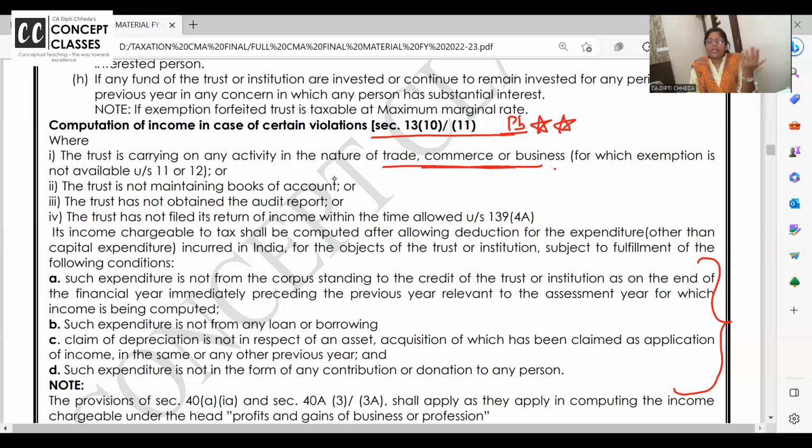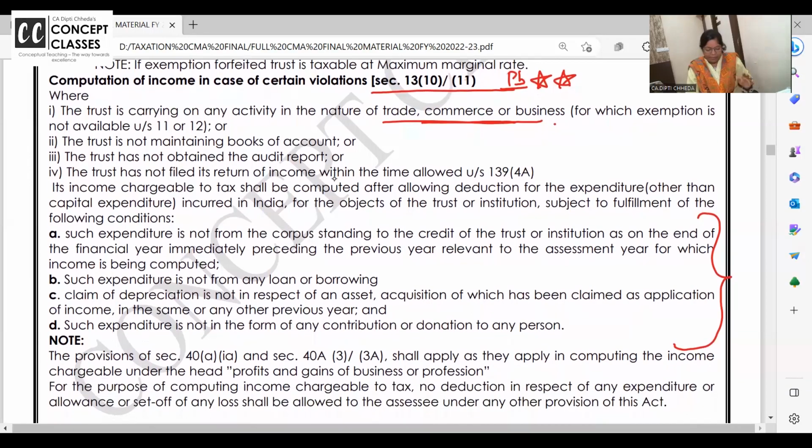They want to give all trainings and programs for personality development, public speaking to youth at a very reasonable rate. Yoga, there are many courses. But with this, they are running a bookstore where they sell books and stationery, and that income is used for the object of the trust. But suppose you are doing a trade, commerce, or activity which is not for the object of the trust, then you don't get the exemption. Your income will be computed.